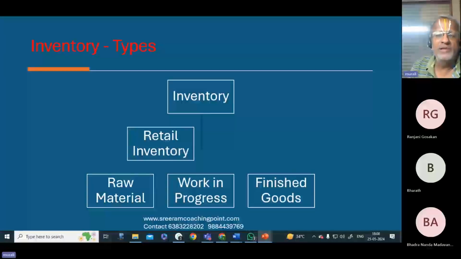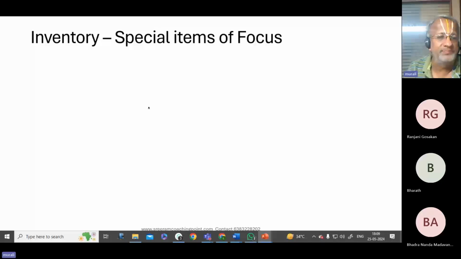People might feel that inventory is a very easy topic. To them, I wanted to tell you it is not to be taken up as a very easy topic, nor to get frightened that it is very tough. But you have to give due respect to certain things which I will be taking up for discussion. So what are the items that we will have as a focus other than normal inventory?